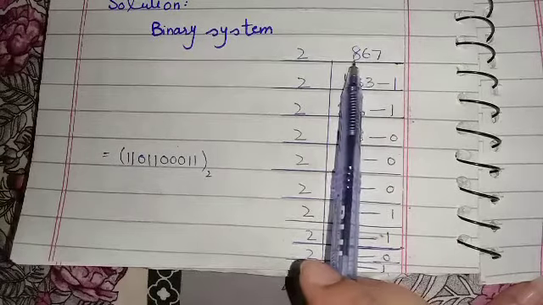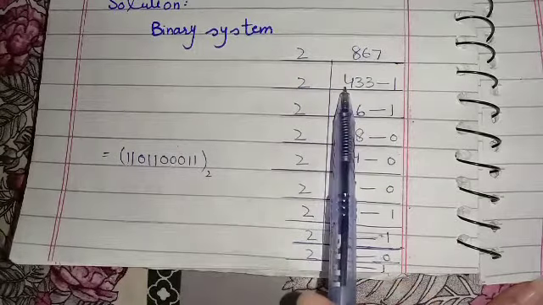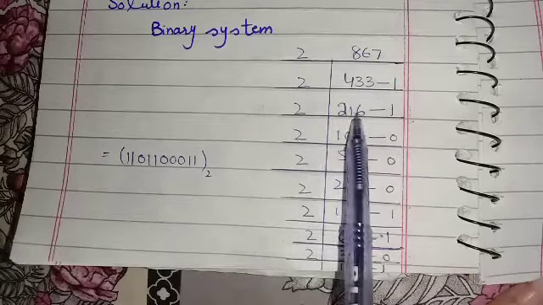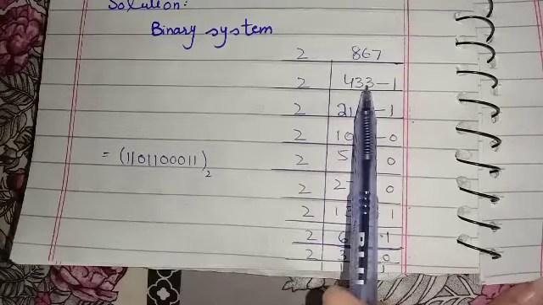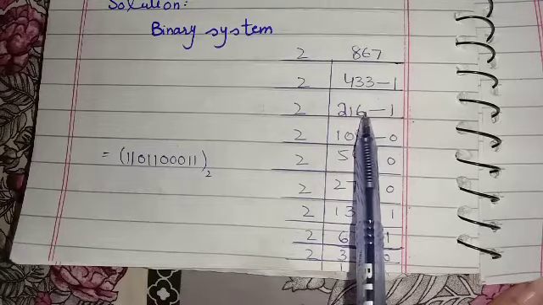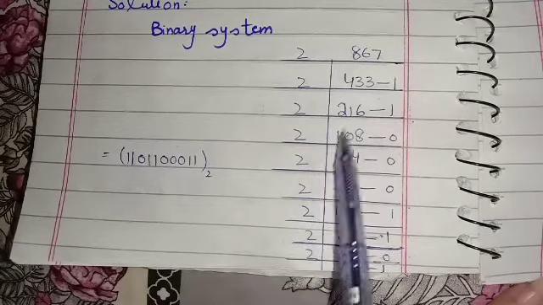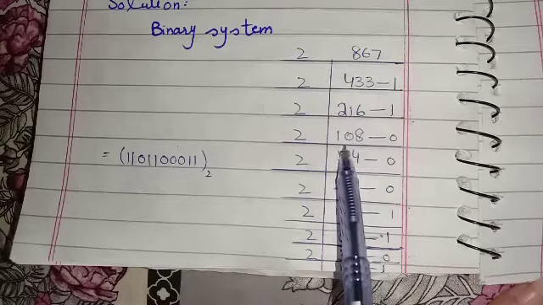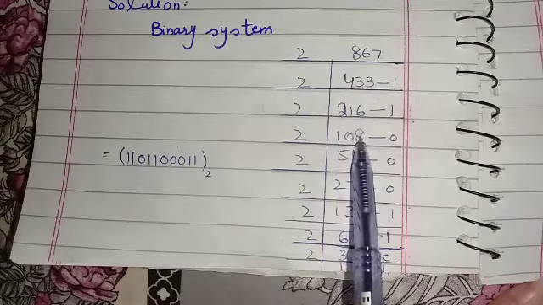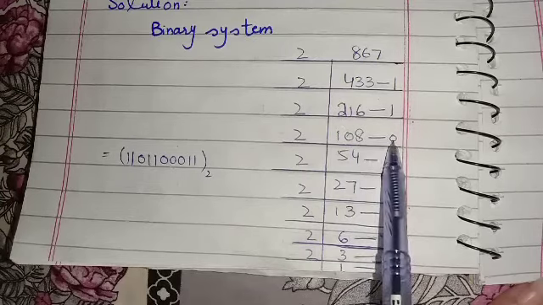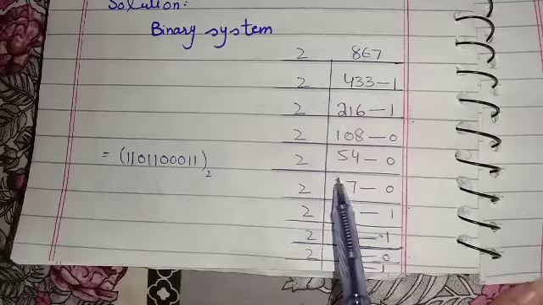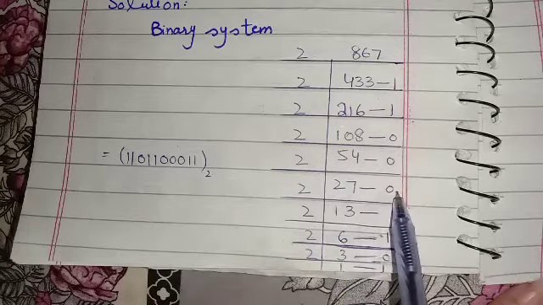When we divide 867 with 2, we got 4, 33 and 1 is remainder, it will write here. Then 2 2s are 4, 2 1s are 2, 1 carry, here makes 13, 2 6 are 12, 1 left, so we will write here. 2 1s are 2 as you can see that we are taking both numbers at the same time, so we will write 0 here, and 2 8s are 16, there is nothing remainder, so we will write 0 here. 2 5s are 10, 2 4s are 8, nothing remainder, 0 here. 2 2s are 4, 1 carry, 2 7s are 14, 0 here.